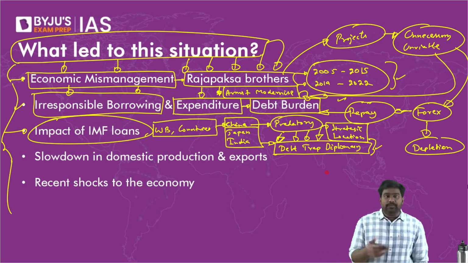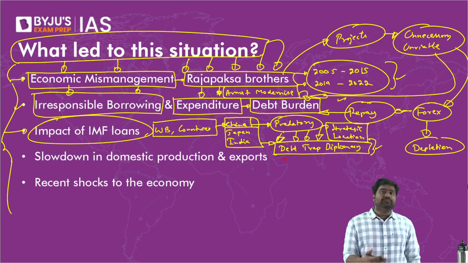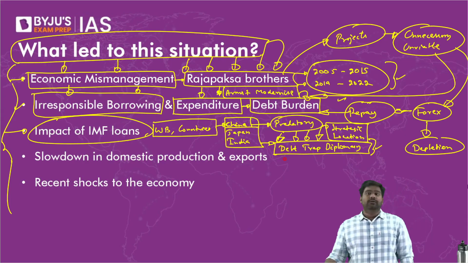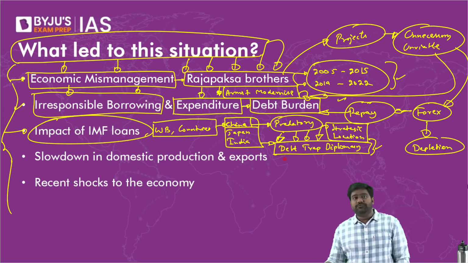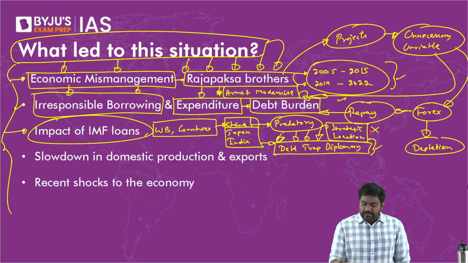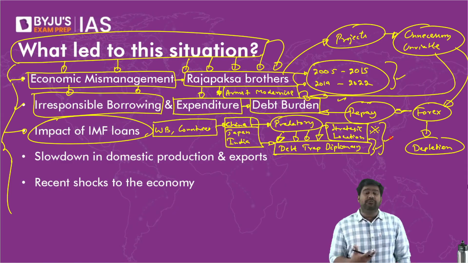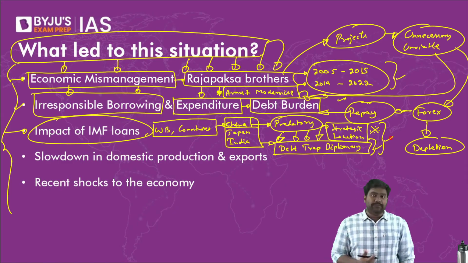As the country is not repaying the loan, China will ask for control over these projects. Chinese companies will be taking over the lease of these projects for the long term, for 50 years, 100 years, which allows China to control these strategic projects, giving it a potential military advantage in the region. So this so-called strategy of China is often referred to as debt trap diplomacy.